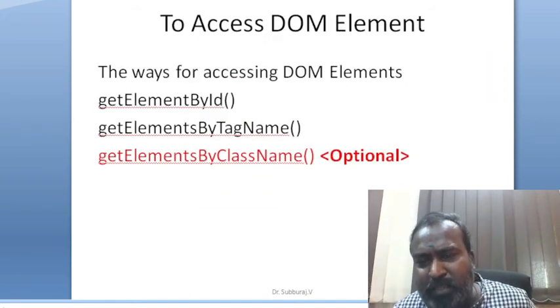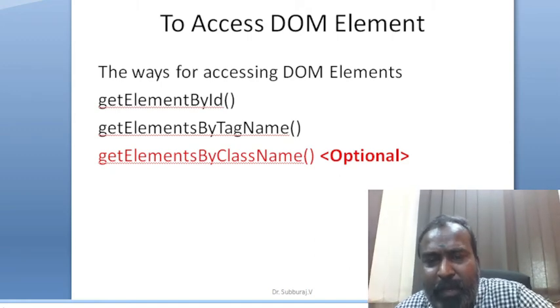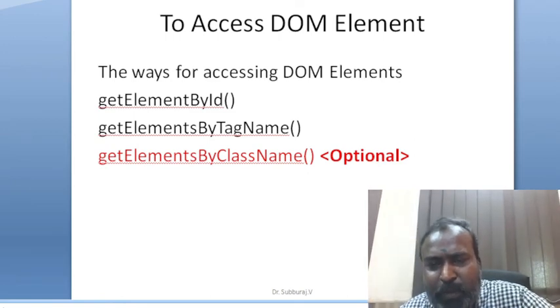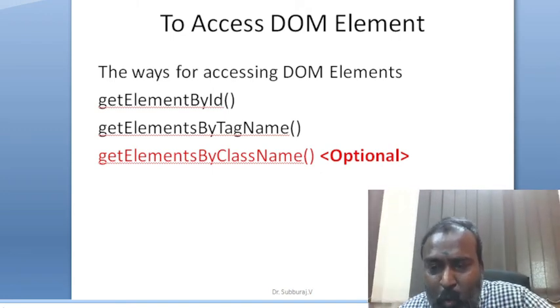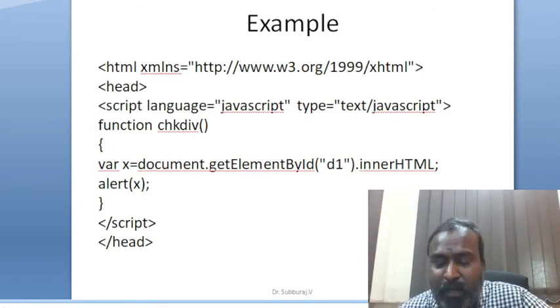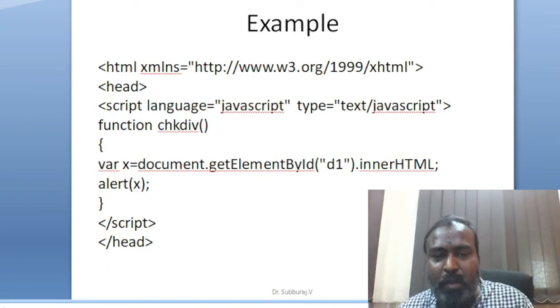There are three ways of accessing a DOM element: getElementById, by name, and by class name. The class name we will see later. Two important aspects are ID, for example, if you have two text boxes, each text box can be identified by ID, followed by the tag name. We are extending in the aspect of the tag name to avoid more confusion. We are just seeing a small example.